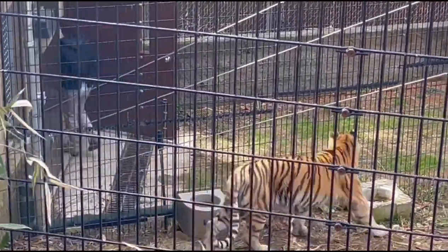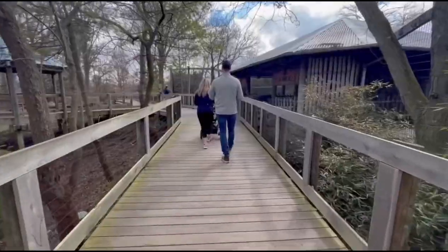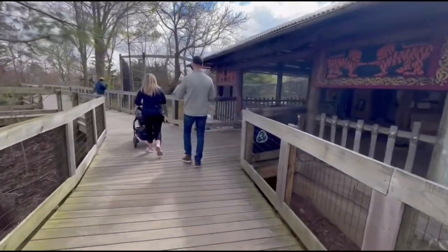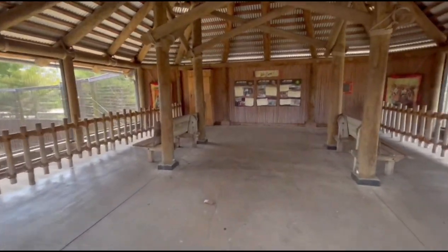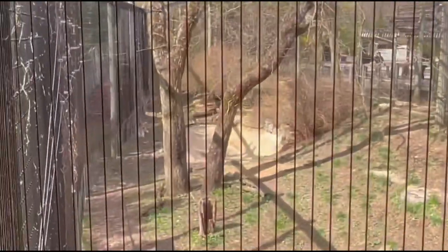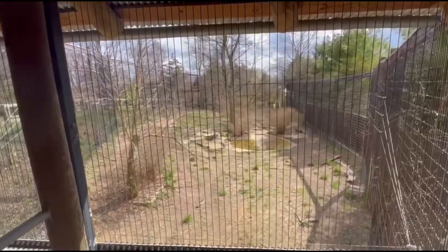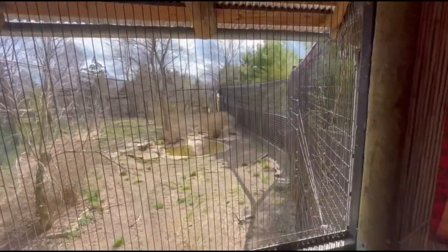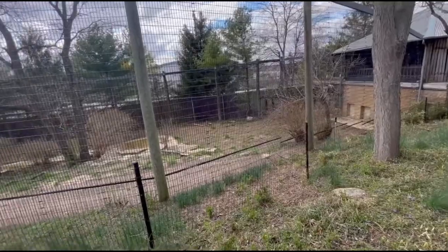But anyway, as much as I can talk to her, we should probably move on, because there's something you might want to see. You thought that may be it, but no, she's not the last thing we're going to be talking about. Anyway, we're going to turn to our right to the Tiger Conservation Shade Structure, which talks about conservation about tigers. This also gives 2 final viewing areas, one for the smaller one where Mara is right now, and the other one, the larger one, where Mara was previously. Well, with the cranes gone, you might be surprised what took over this spot, and you're about to